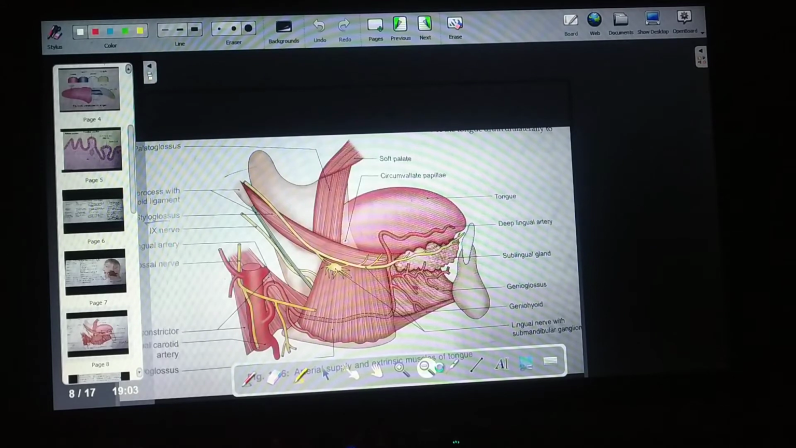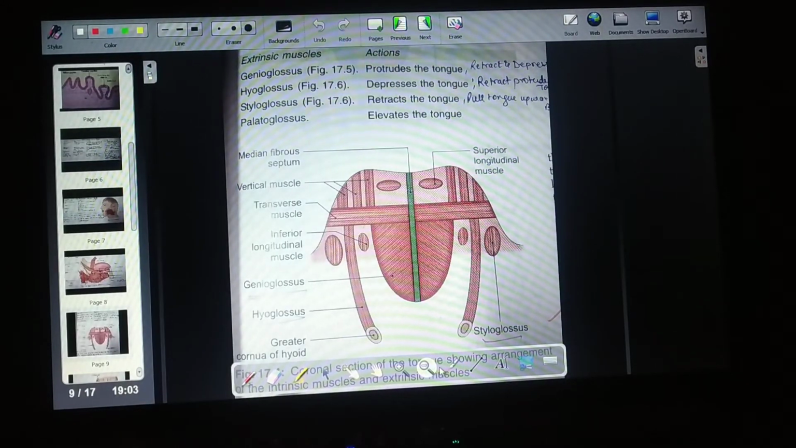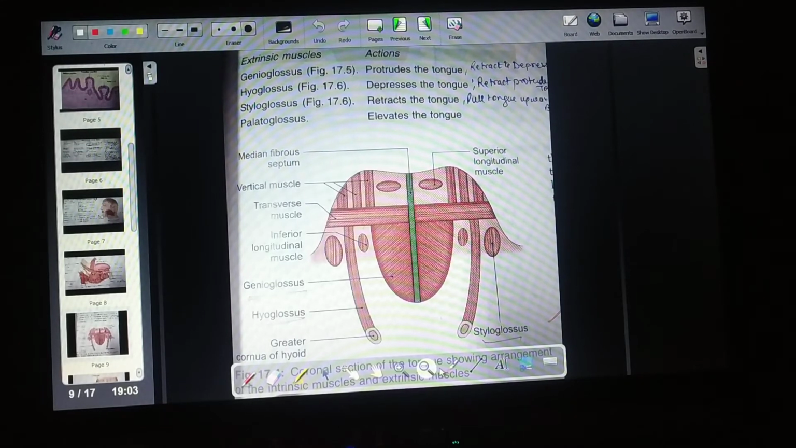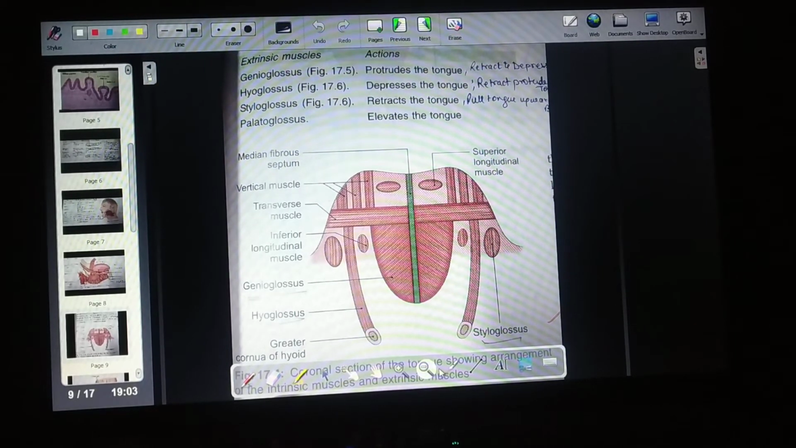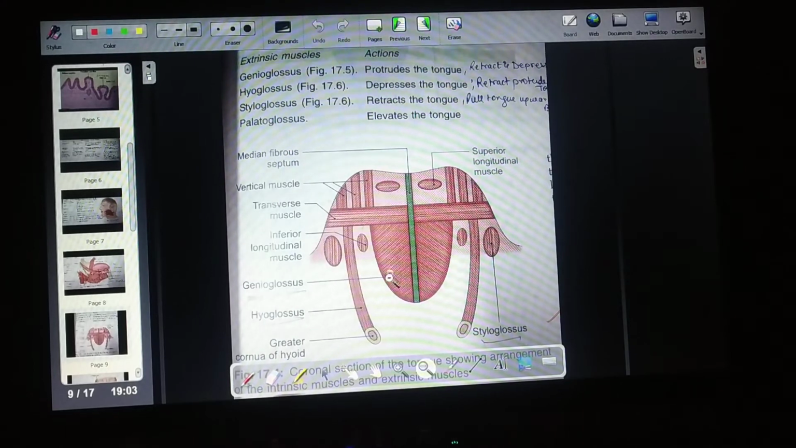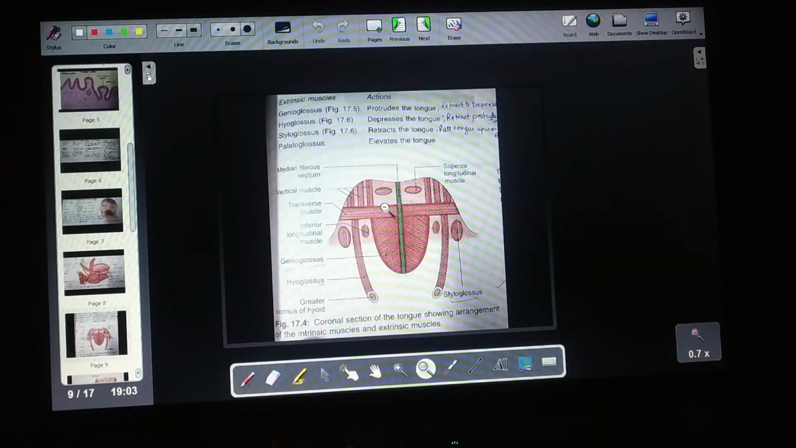So next, this is again the extrinsic muscles. In gist, they tell about their function: genio will protrude, hyo will depress, stylo will retract and palato will elevate. This is actually a coronal section of the muscles